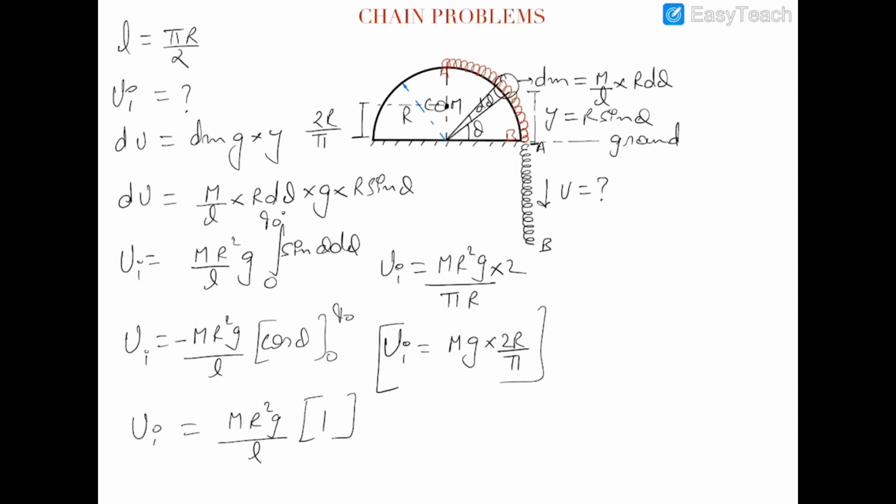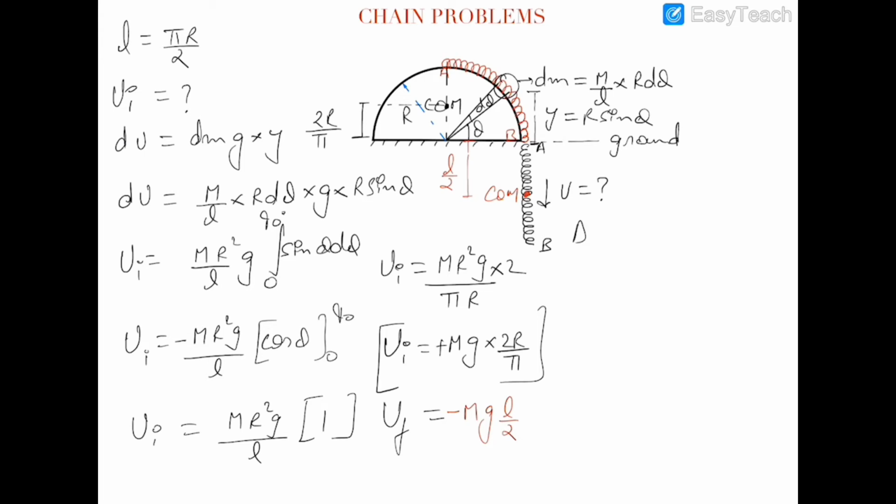Okay. Now finally the potential energy of the chain in the position shown can also be calculated by finding out the center of mass position, and this is COM. Now this center of mass of the chain has gone down by a distance of L by 2. You can see this. So this is mg L by 2, but with a negative sign, because this chain is below the ground level, so its potential energy will be negative. So you can see that potential energy was initially positive and now it is negative.